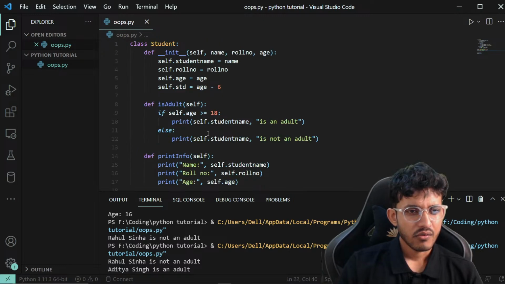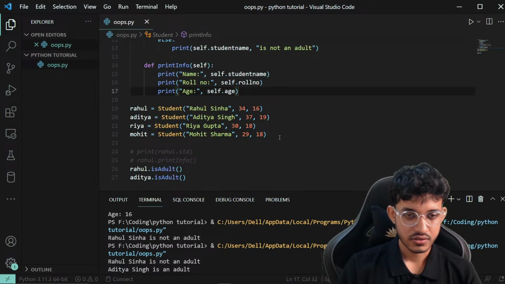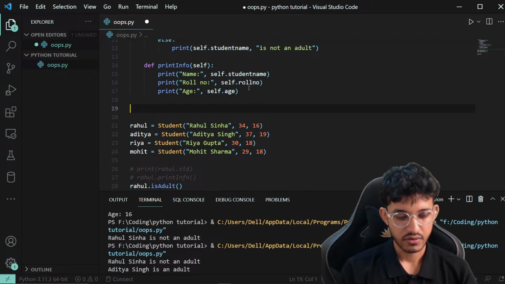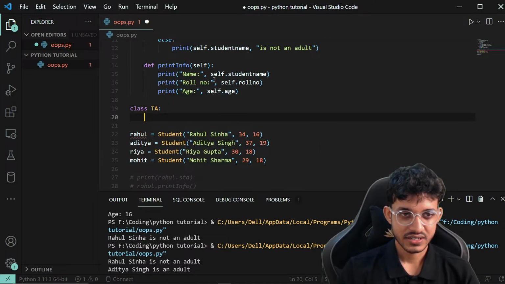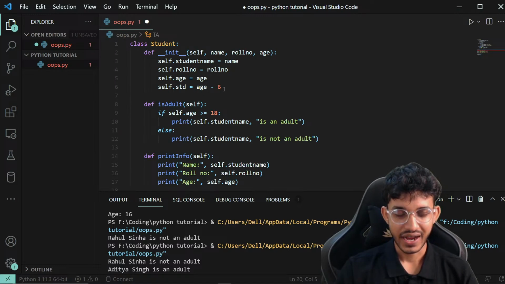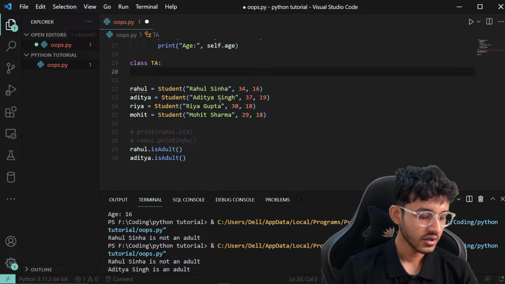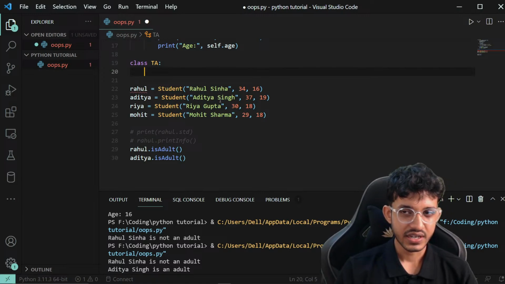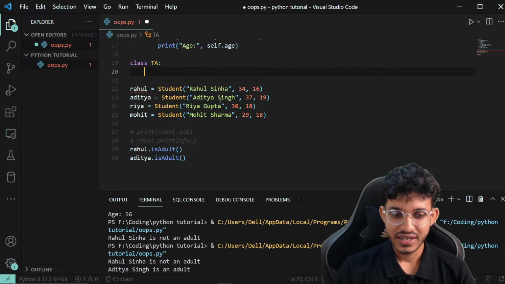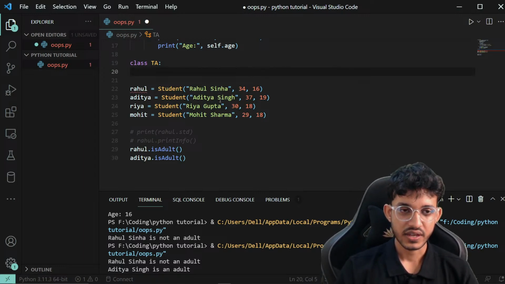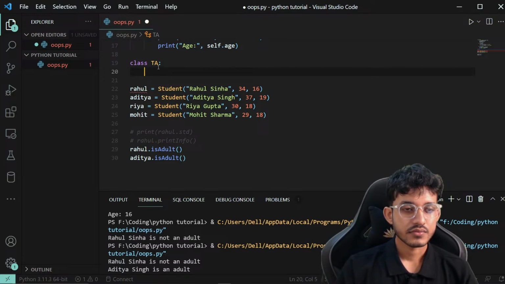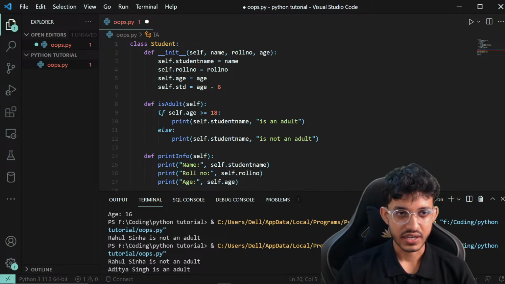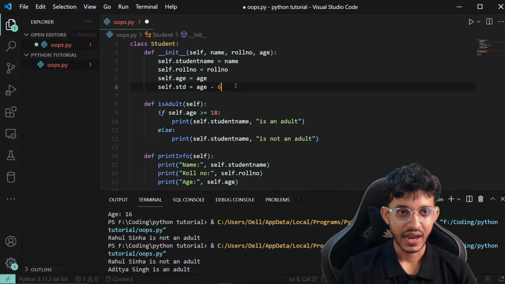So, what you might want to do is create another class called TA, and then do all of these things. And what does a TA have? TA also has a TA ID. TA has extra things like a TA ID and a supervisor. Right? Supervisors are teachers, basically the teacher they work under. So you might want to go ahead and create all of this, like have this and then